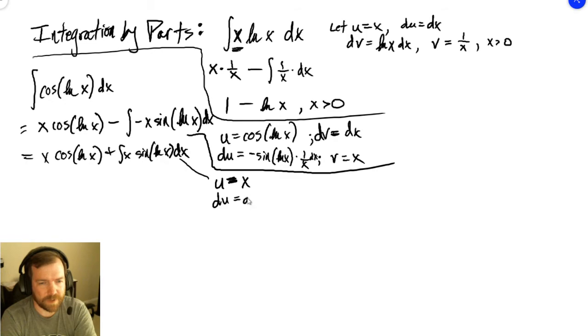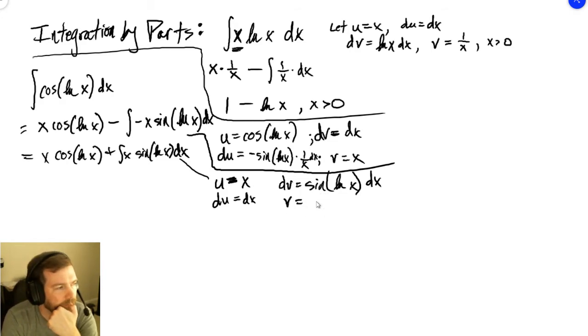So if we let du be dx, then dv is going to be equal to the sine of natural log x dx. Therefore, v would have to be... all right, so we would have to have... in order for this to be true,